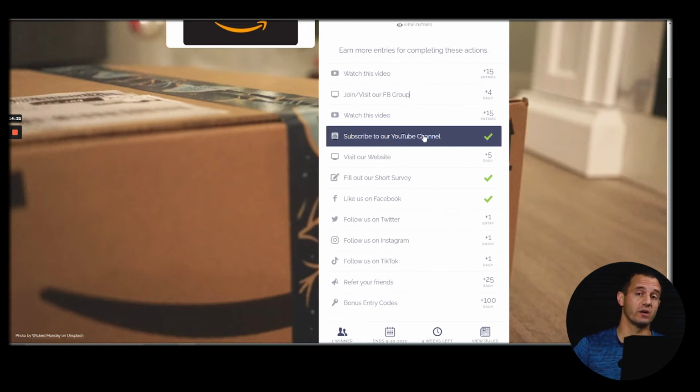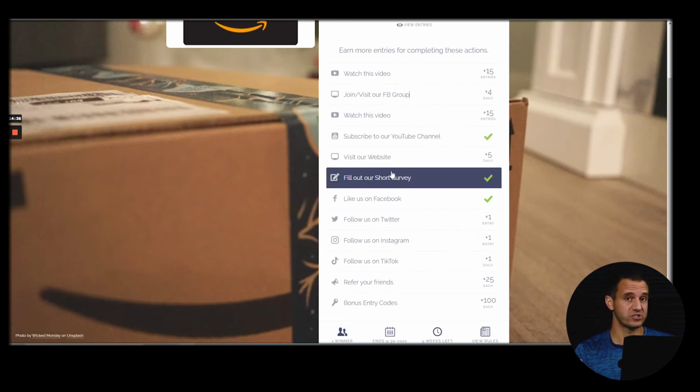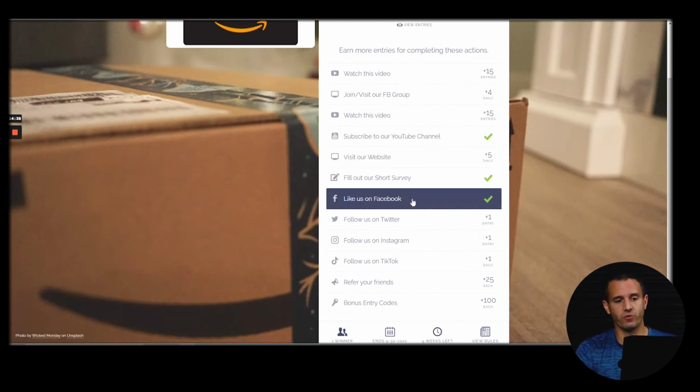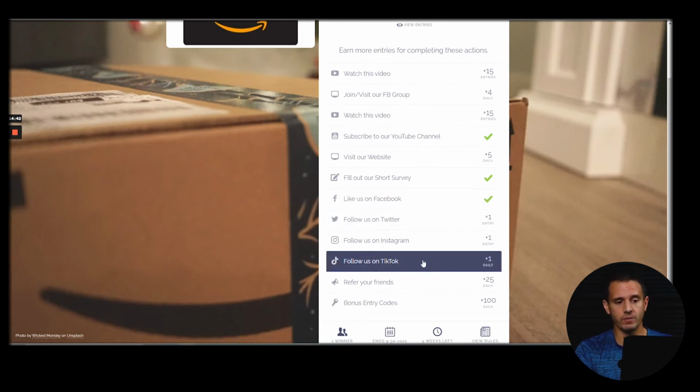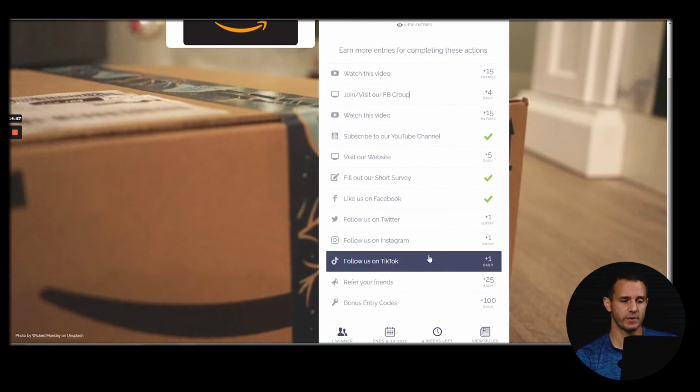We can start building trust with them on social. They get points for visiting the website. I'll go into the survey in just a second. They get points for joining us on Facebook, on Twitter, on Instagram, on TikTok, which is up and coming. It's actually a really good platform to gain organic exposure right now. It's definitely less competitive than what YouTube used to be, and Instagram, which you can't really get much organic reach on anymore. TikTok is really good to build an audience base.